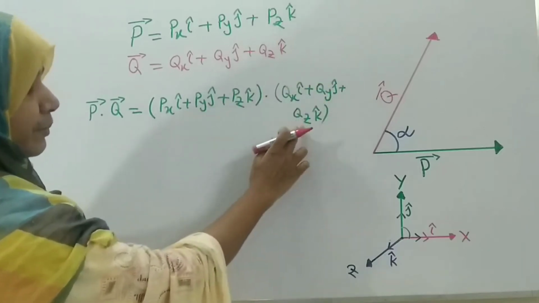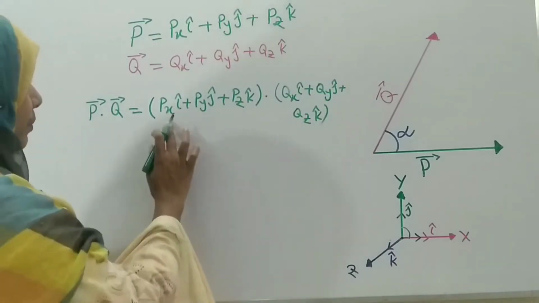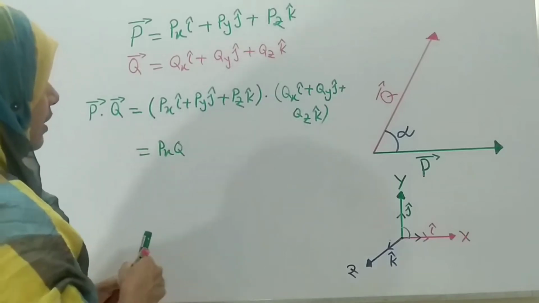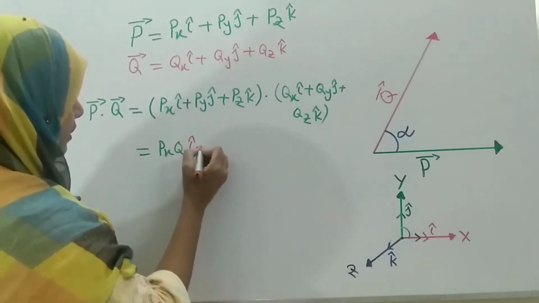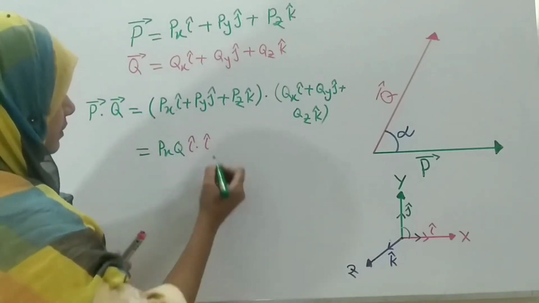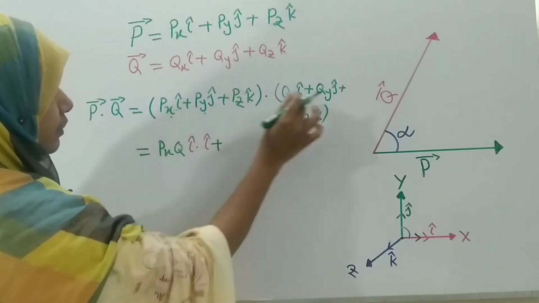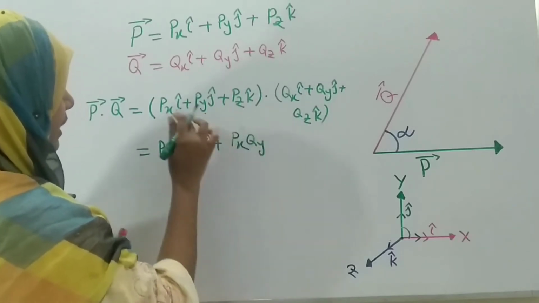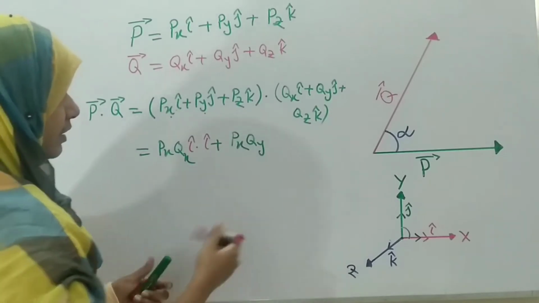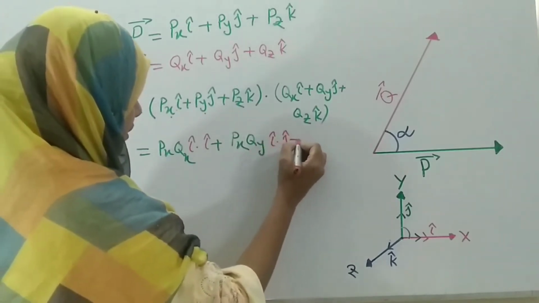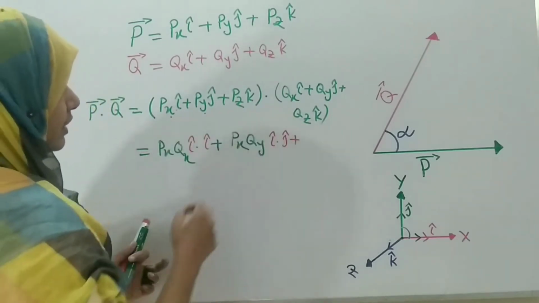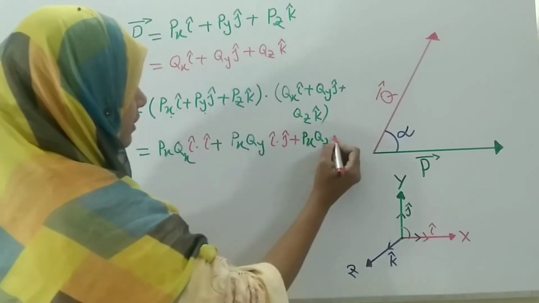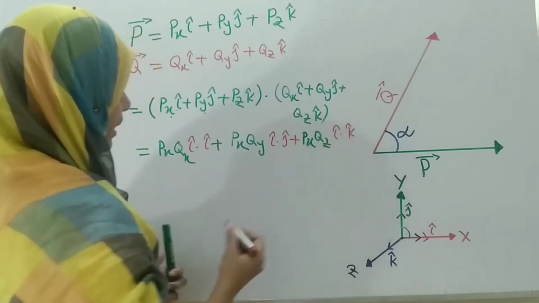Similar way Py is also multiplied with these three quantities, and so we can write that Px into Qx, i dot i, plus Px with Qy, Px Qy, here we can write i dot j, plus Px Qz, that means i dot k,